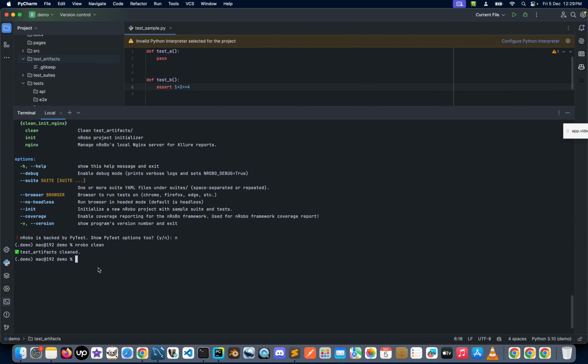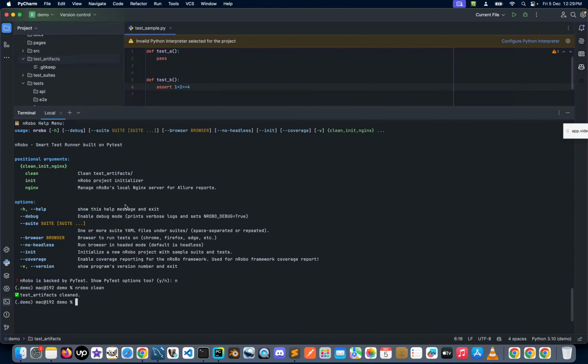But Windows I have not tested yet, so I would like to request you to try to install the nRoBo framework using the same steps that I illustrated here. And if you find any issues in setting up nRoBo on a Windows machine or using these commands and options, please